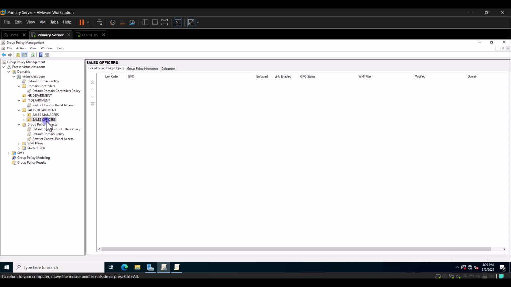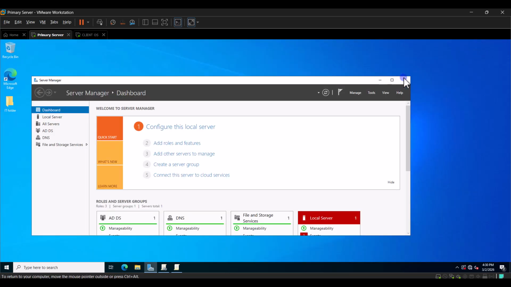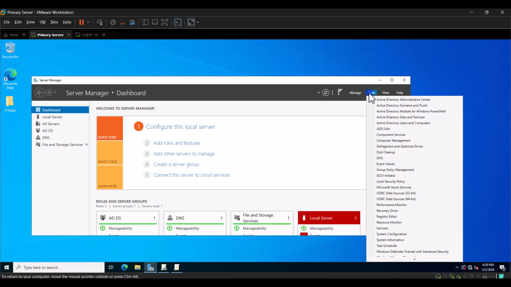We want to restrict the sales offices from inserting USB drives into their computers. That's the domain computers in their offices. Now, what we have to do first is add those computers to the sales organizational unit. So if we come to the scenario again, it is to restrict sales officers from inserting removable drives into the computers that they use